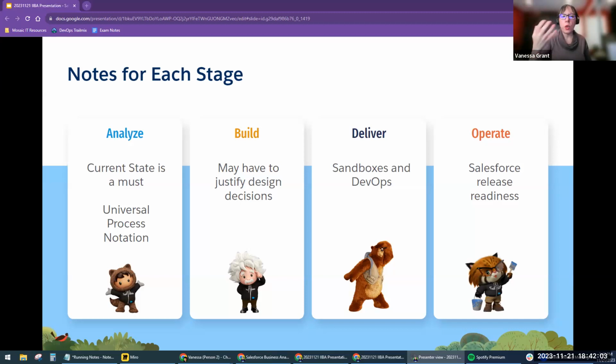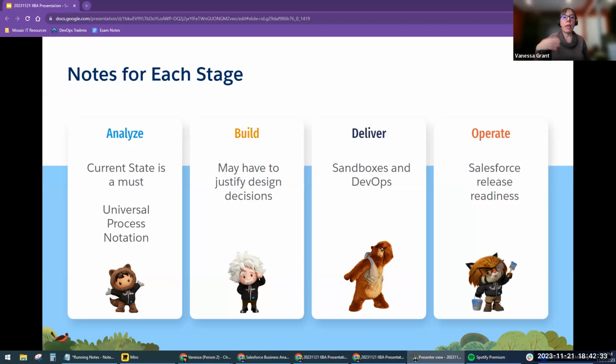It has to live, and you have to be able to take care of it. You don't want to bog it down with a bunch of technical debt. So being able to justify design decisions is going to be important. So you need to be able to speak intelligently about the platform and the features and the pros and cons. And then with delivery, understanding Salesforce sandboxes and DevOps and how that whole process, how things go from user story into production is going to be important because you will likely have to talk about that and do some documentation